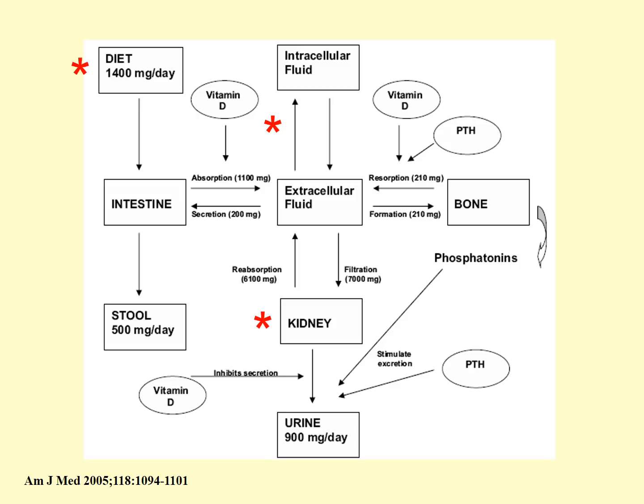So what we take in our diet is somewhat important, although it's very hard to become phosphate deficient from dietary causes, because phosphate's so ubiquitous in the diet. A much more important contributor to the measured level in the extracellular fluid is the fluxes that occur between intracellular and extracellular fluid. And a really important clinical point is that